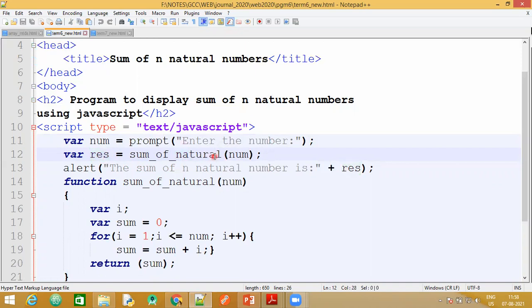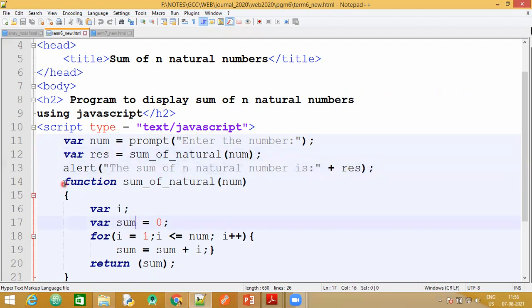Now you can also have a look at the function parameters. It is taking a single parameter, that is num, whatever the user has entered. Then I have made use of an alert statement. What is this alert statement? It is basically again a dialog window. So whatever the result is computed will be displayed as a pop-up with the help of this alert dialog window. In double quotes, we write the string, the sum of n natural numbers. For that, I have appended the result. The result comes from this particular function's return value.